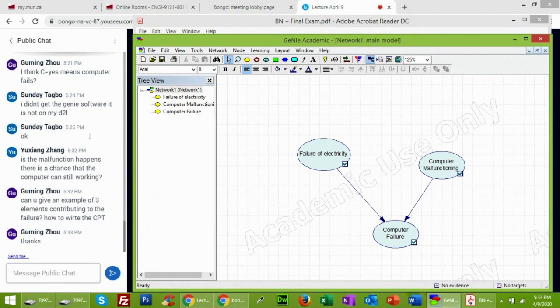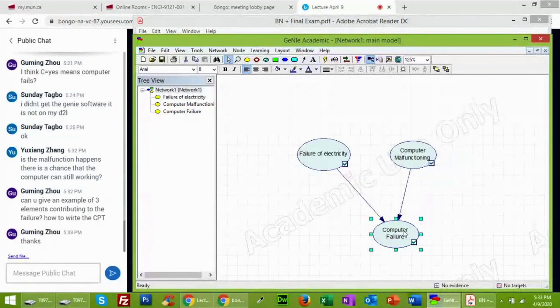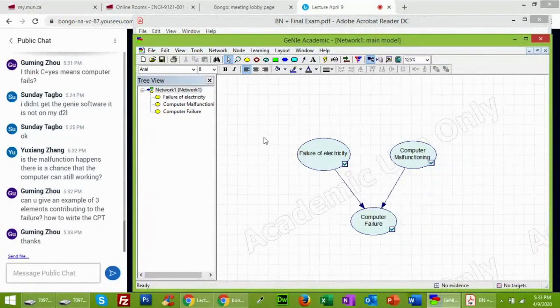Okay. Now, basically, when you are performing this Bayesian analysis, one thing we are more interested in is finding the bar charts in GeNIe. So what you need to do, I just press my left key on the mouse pad and drag it down.